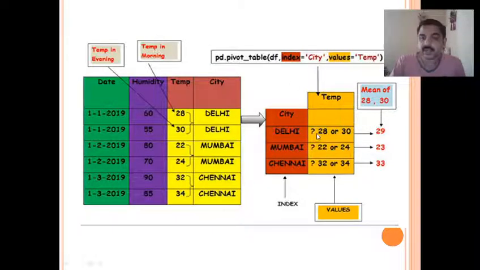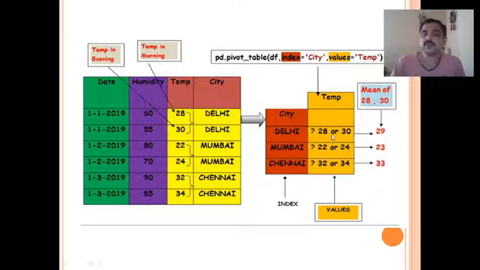That is what happens. There are two values for Delhi, 28 and 30. It finds the mean of this, that is the average, and it will display it as the temperature. So in pivot table the aggregate, that is the average of these values, will be calculated and displayed.